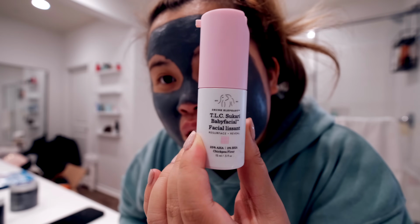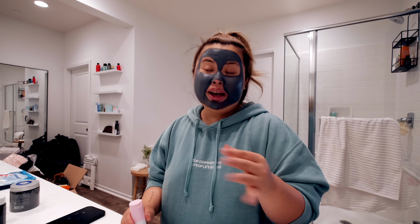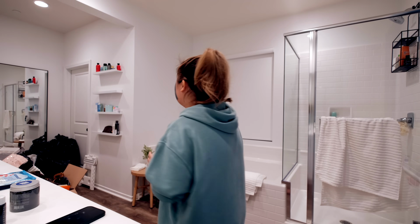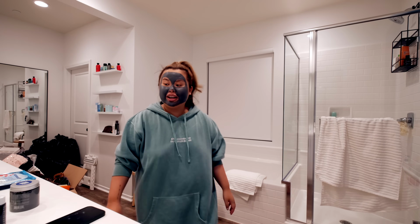There we go. When I use this on my face, oh my god, it burns. It burns so much, but this does work. It leaves my face feeling super good. Well, we're gonna leave it on for 10 minutes and then we will wash it off and continue with our